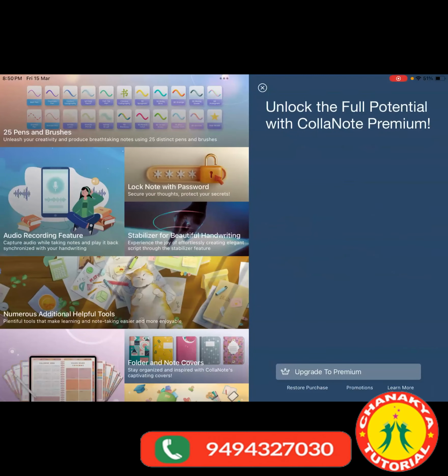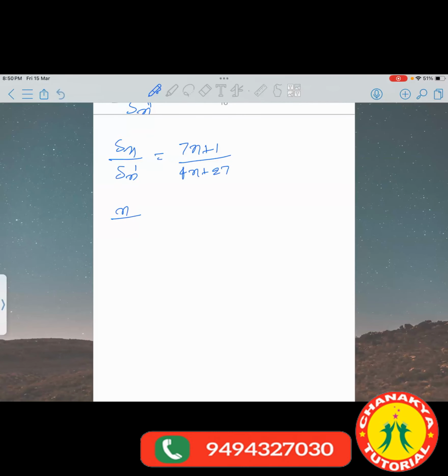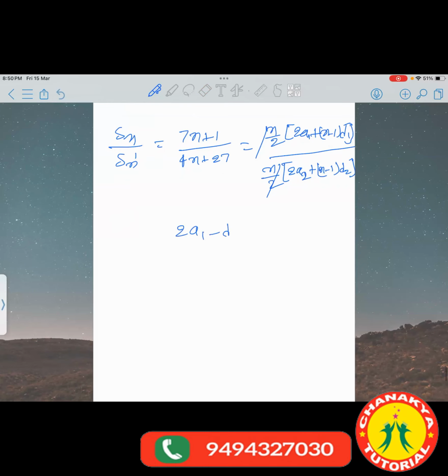4n plus 27. So we can write now Sn is equal to n by 2 into 2a1 plus n minus 1 into d1 for the first AP, and for the second AP, n by 2. The number of terms is the same for every AP, but the first term and common difference are different, right? So 2a2 plus n minus 1 into d2. Now n by 2 and n by 2 cancel out, so we get 2a1 minus d1 plus n d1 upon 2a2 minus d2 plus n d2 is equal to